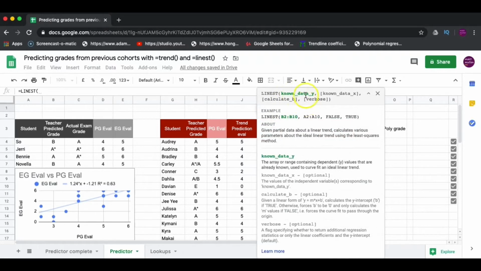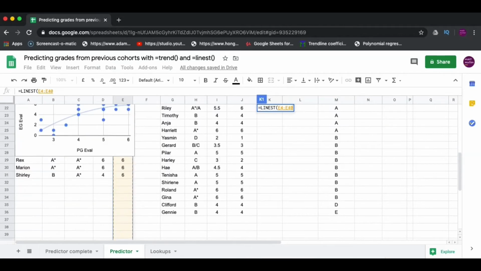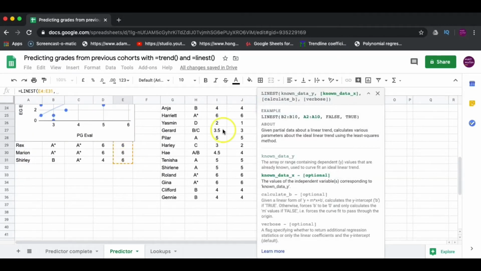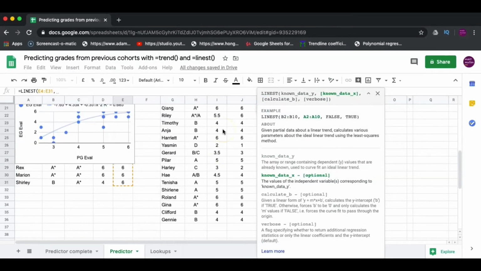So same idea. Known data y, known data x, and we want to do a little bit of extra stuff to get the polynomial data right. So known data y, what the kids got in the previous cohort. Known data x,